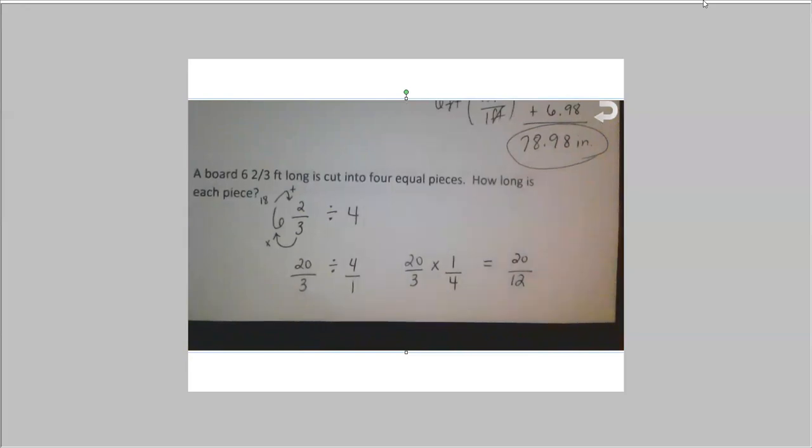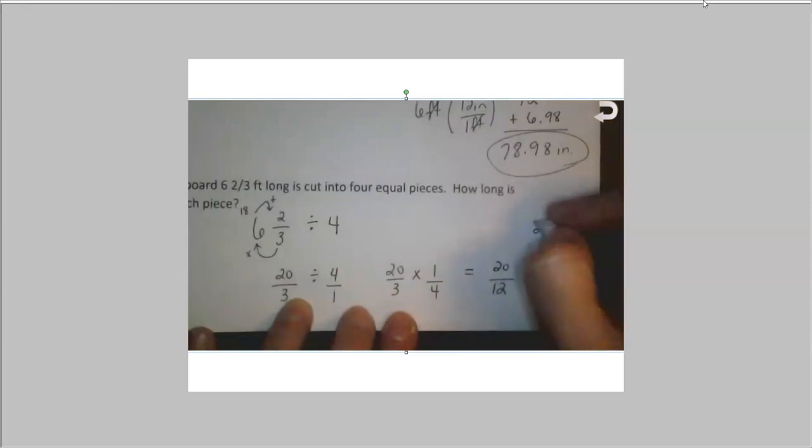Now, we're talking about like, we got a construction project going on. I need to know how long, I'm going to measure those 4 pieces out. I'm not going to leave my answer this way, okay? 20 divided by 12 does not divide evenly, okay? So I'm going to come over here and do that math. It's going to go in 1 time